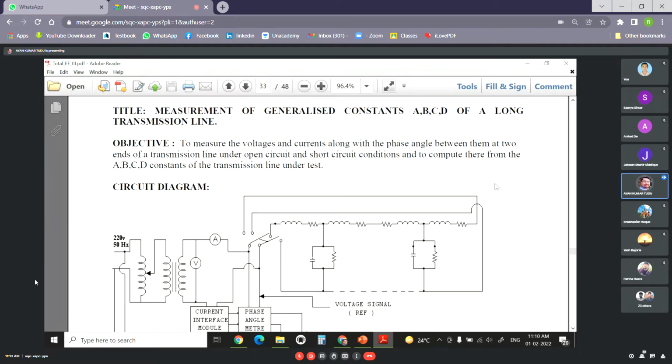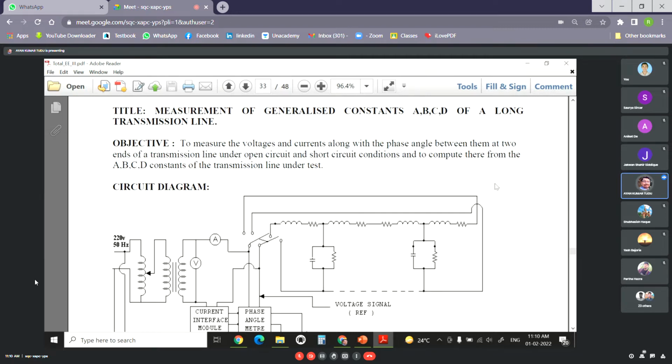We can think about the parameters R, L, and C, as well as the shunt conductance. All these four parameters